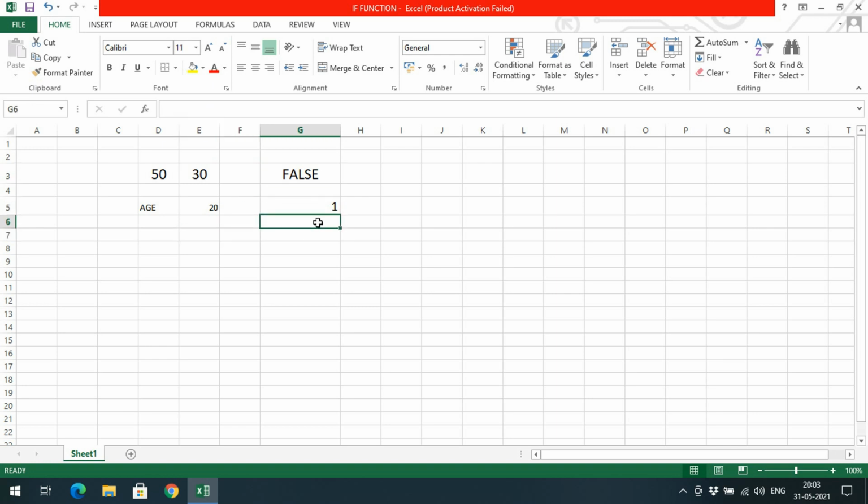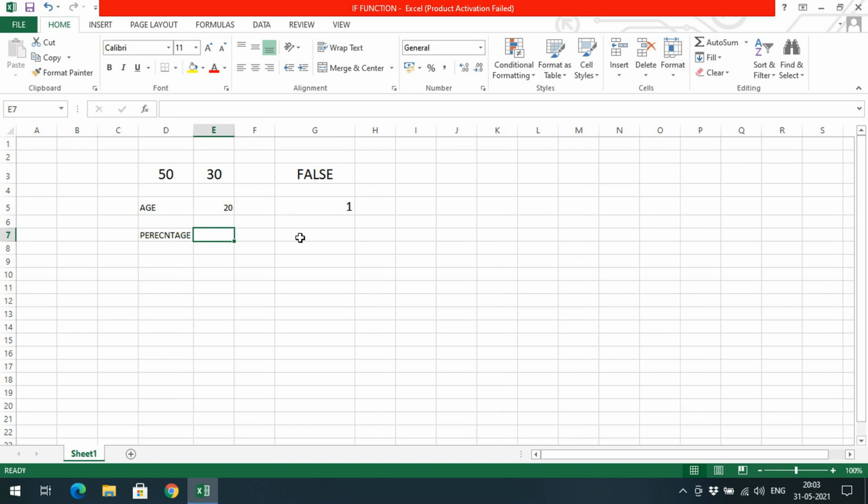Similarly, you can go for one more example. Give the percentage, and based upon the percentage, you can give the result either pass or fail. For this also you can go with is equal to IF and give the value.